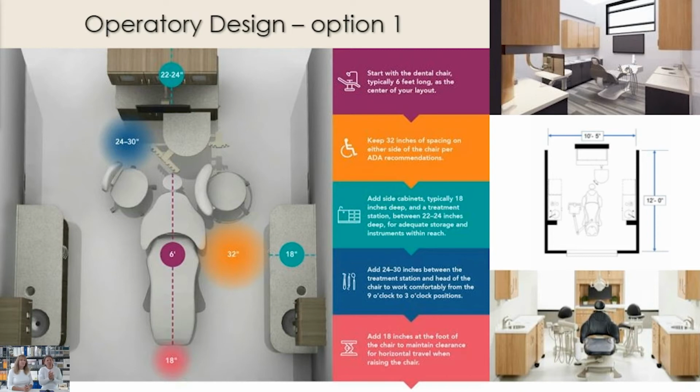But look at this graphic on the left. That shows you how we build some of those dimensions. Just as Pat said, we're meeting criteria. The rear consoles are 22 to 24 inches deep. I literally had a 1-hour conversation with a Midmark guy the other day on how we came up with the 24 to 30 inch range between the tip of the headrest and the front face of the treatment console. It's based on where you sit, what clock position you sit in, how big you are, how far you pull out the headrest, how far under the dental chair you can slide your knees, do you rotate the dental chair from perfectly perpendicular,